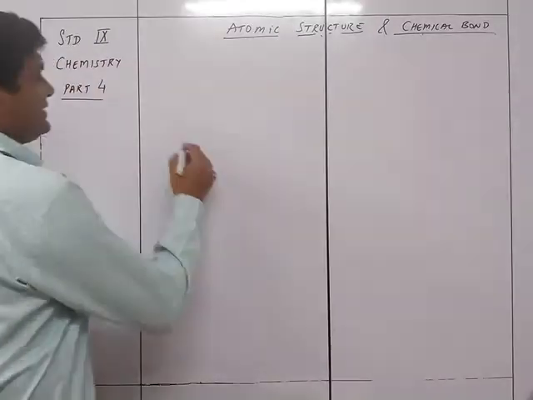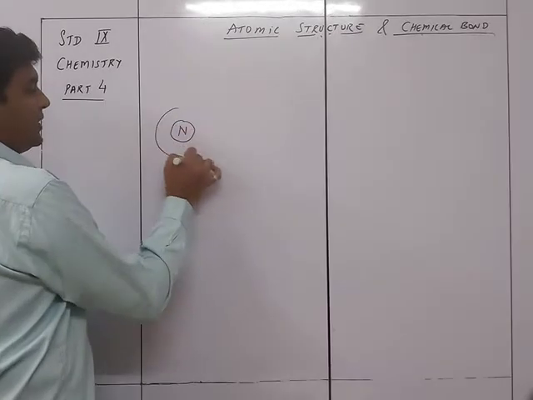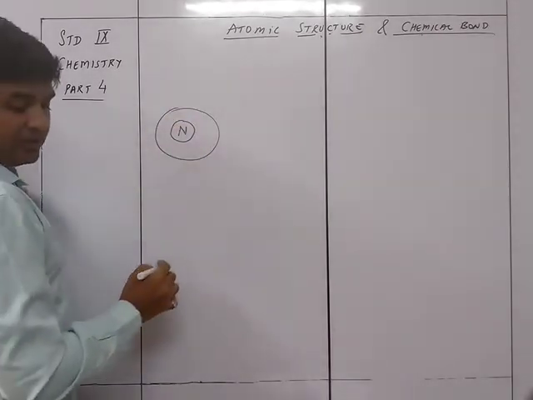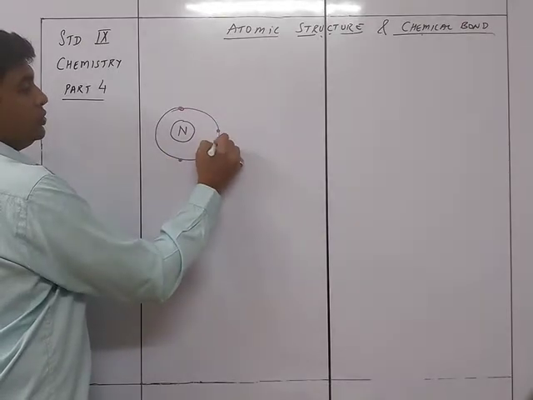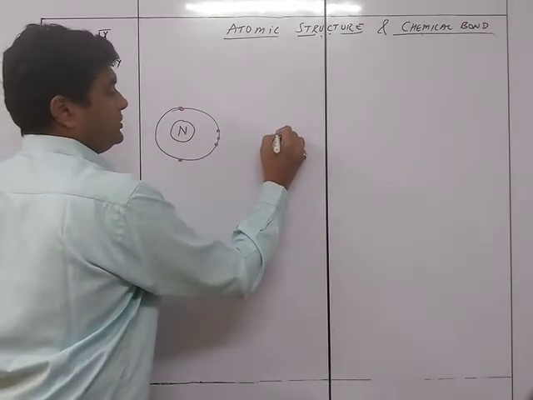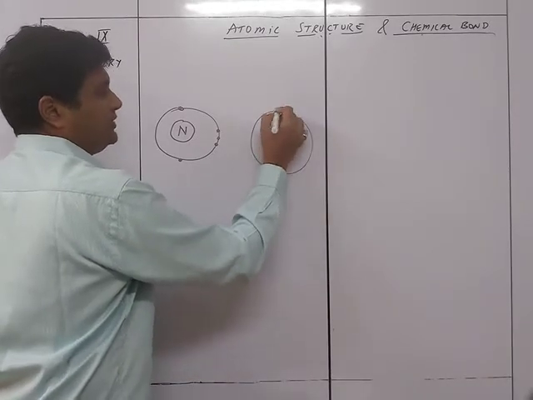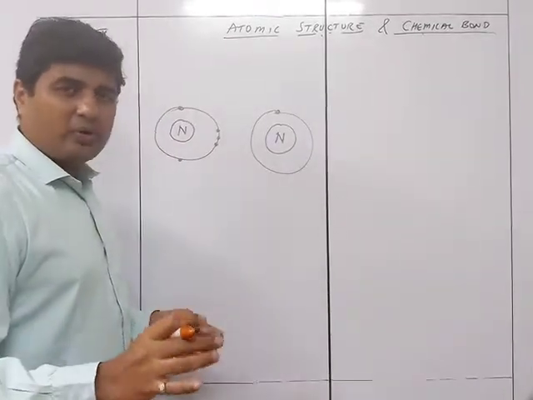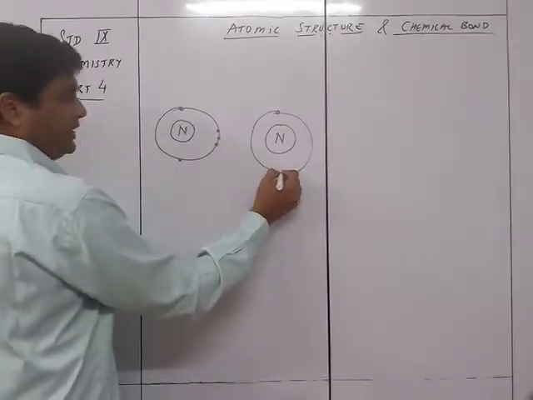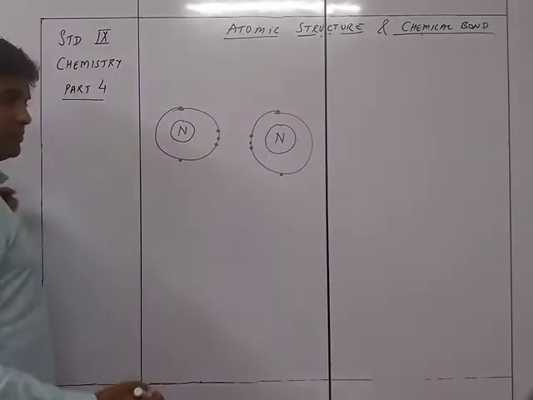you see the nitrogen over here will have its outermost orbit containing only 5 electrons. So 1 here, 1 here, and 1, 2, 3 here. Another nitrogen comes here, which will also have its outermost orbit. When you are drawing the structure of compounds, you draw only the outermost orbit, you don't draw the inner orbits. So these are the two nitrogen atoms.